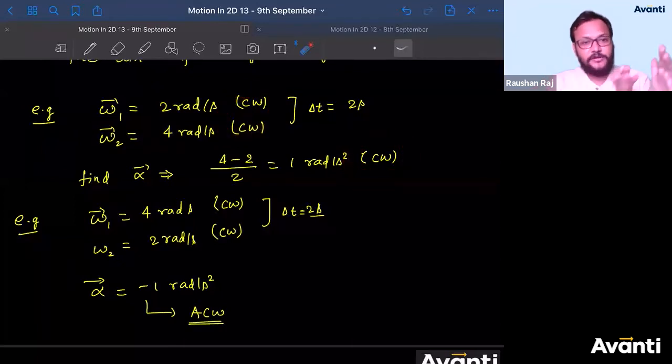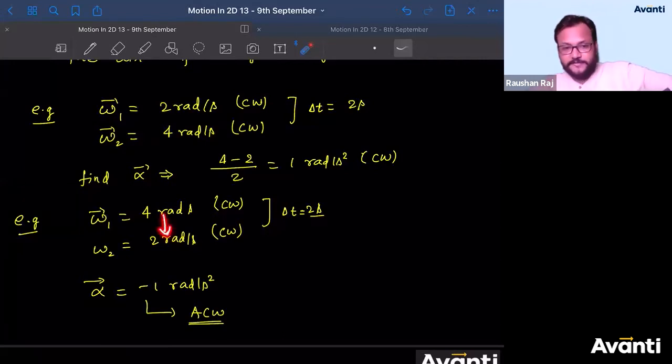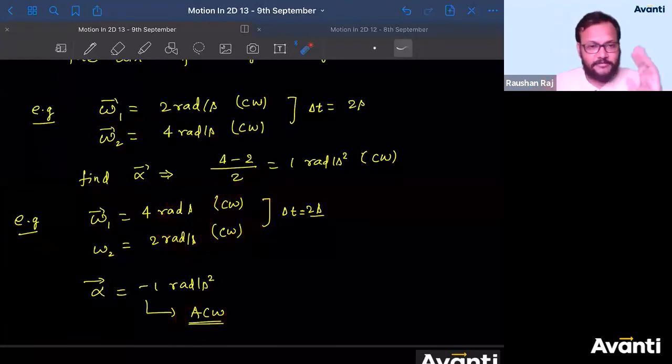The sign of velocity and the sign of acceleration will be same. Acha, what if speed decreases? So if the sign of velocity and acceleration are different, then the speed decreases, isn't it? See, speed is decreasing from 4 to 2. That means if I'm getting a direction of angular velocity as clockwise, the direction of angular acceleration must be anti-clockwise. I got the answer. Guys, can you find this similarity here? Click yes if you have understood this.